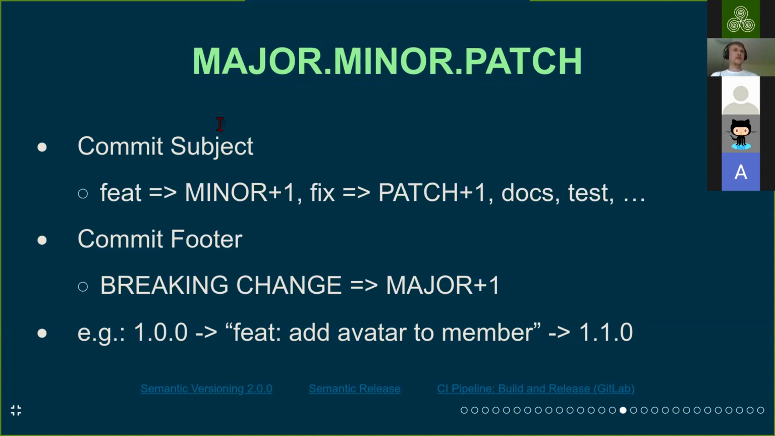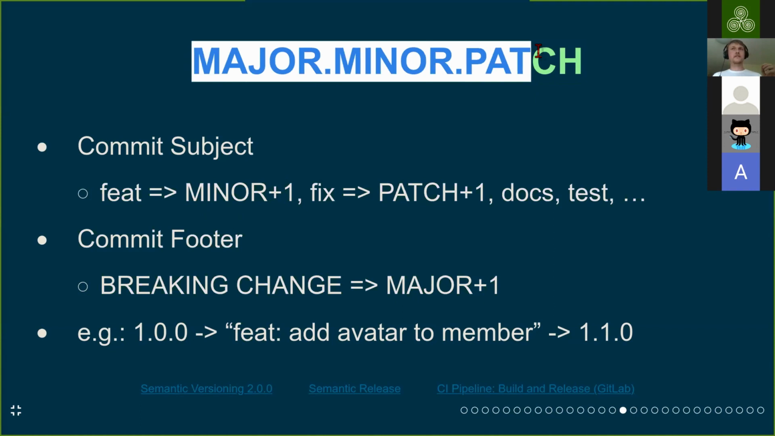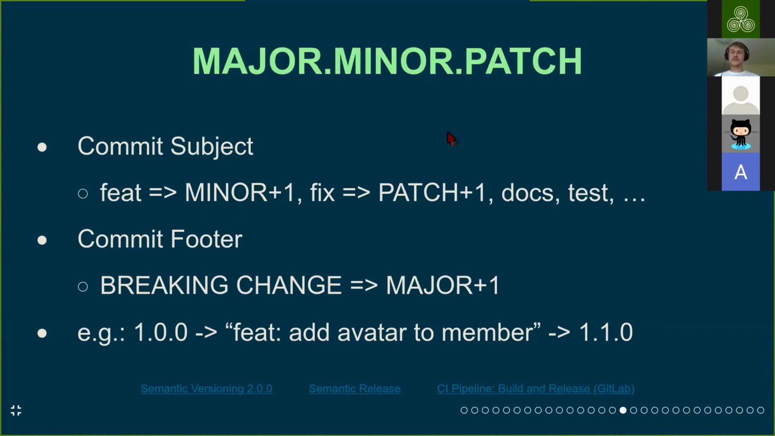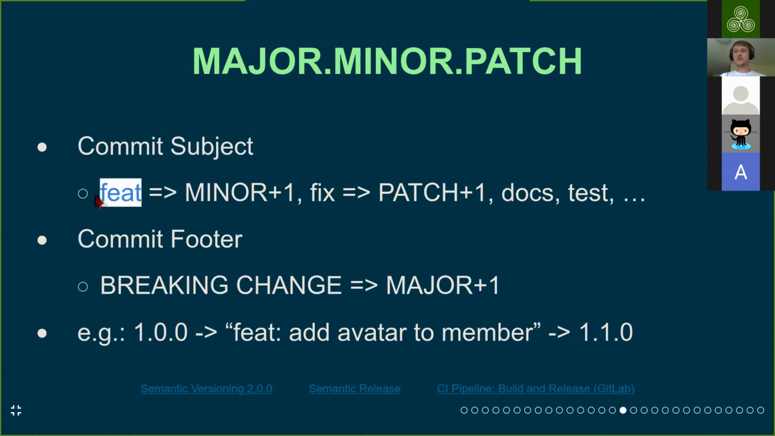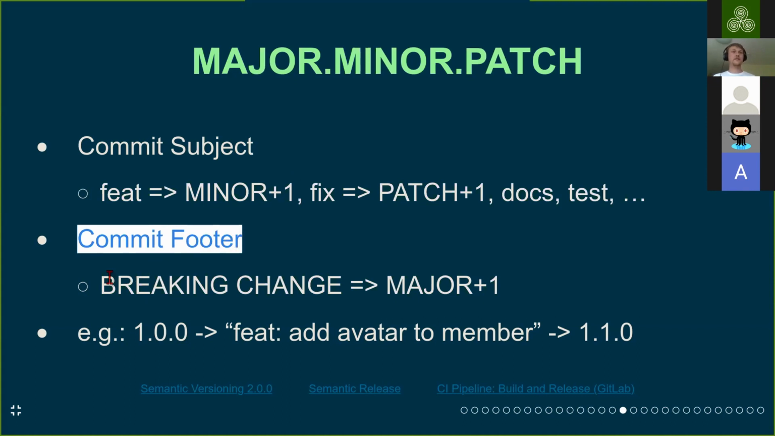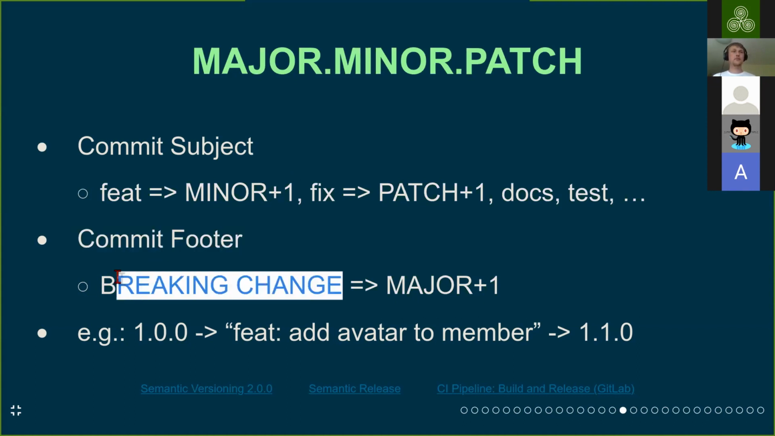So this versioning is not done by myself, but by a GitLab pipeline, which does it for me. And it does it by analyzing my Git commit messages. So if a commit message, for example, has a feat keyword in the subject, then this GitLab pipeline knows that it should increase the minor release. And when in the footer, for example, is the keyword breaking change, it knows it should release a new major